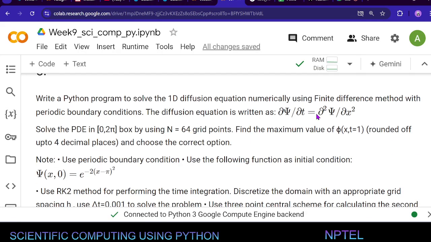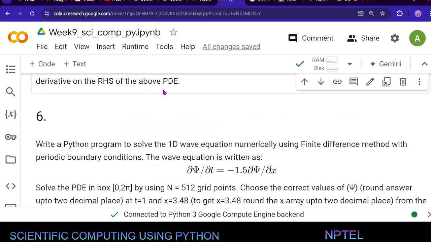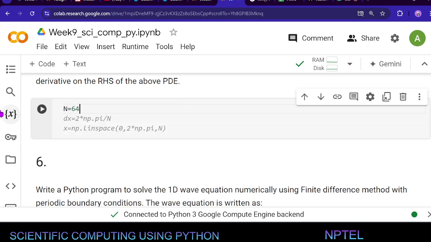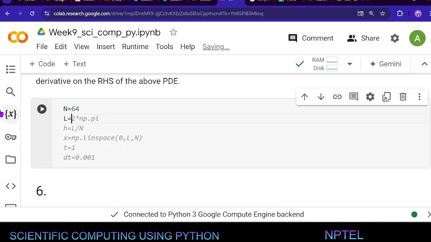Okay, and the diffusion constant is not given, but there is nothing here, so it's 1. Okay, so let's start coding. First, let's write down all the parameters. Grid points was 64, and then length was 2 pi, 2 times np dot pi,